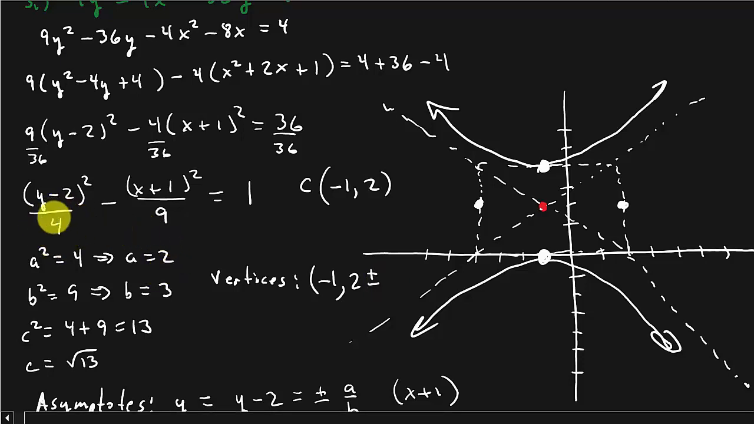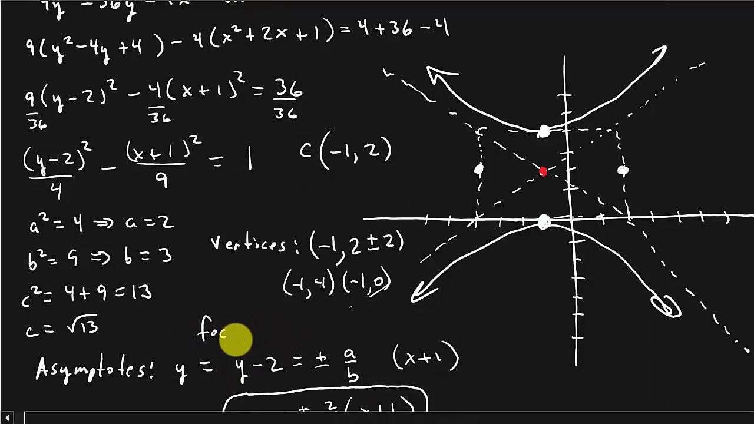See the term 4, that's underneath the y. So what I do, I went up 2 and down 2. And so my vertices are what? -1, 2 plus 2 is 4. And -1, 2 minus 2 is 0. So there's my vertices. And then my foci,